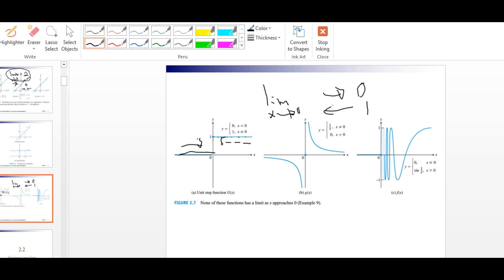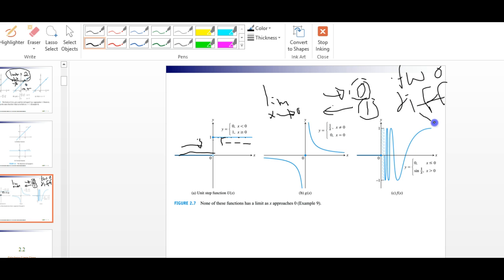So from the left, the function goes to 0. If you approach 0 from the right, the function goes to 1. It goes to two different values. So this is a problem. If you want to have a limit, no matter whether you're approaching from the left or whether you're approaching from the right, the function must go to only one value. Like in the previous example,